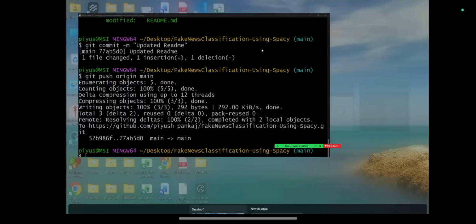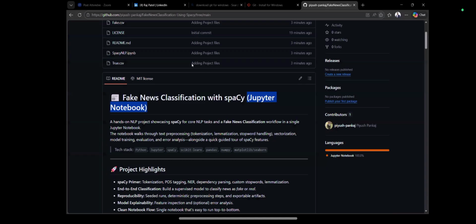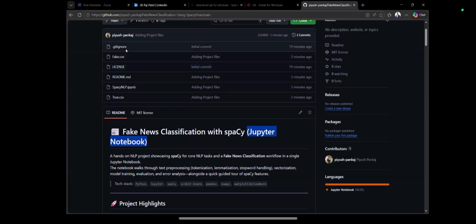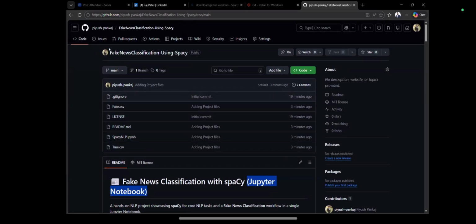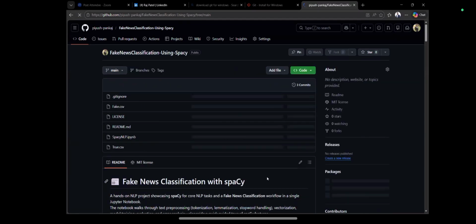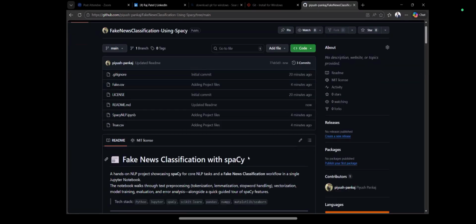Fine. Now let's come. Till then, what you can see, initial commit means what? These were the things that we were adding. And this commit I have given 3 minutes ago when I pushed this file. Right? All these things. Now let me run these things. 2 commits it's showing. Let me reload this thing. And the Jupyter notebook that you were saying, it's not there now. Right? And here you can see the commit that I have given, it's here.